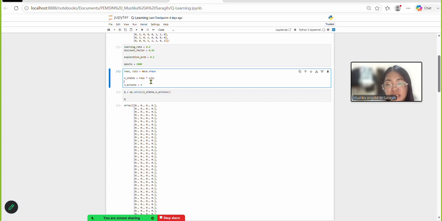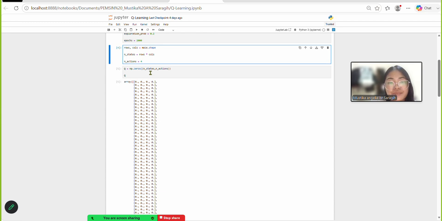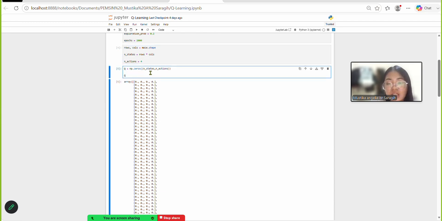Next is states and actions. This code calculates the total number of states and defines four possible actions: up, down, left, and right. And next is initialize Q-table. The Q-table is initialized with zeros because the agent has not learned any knowledge yet.